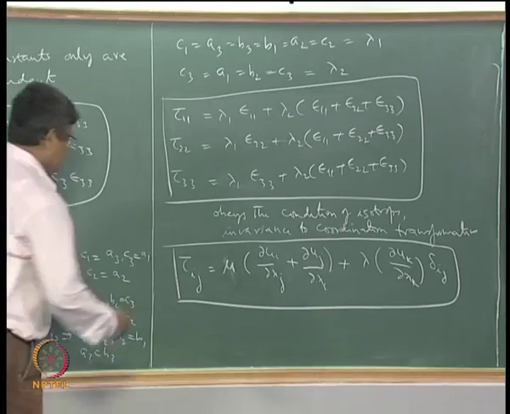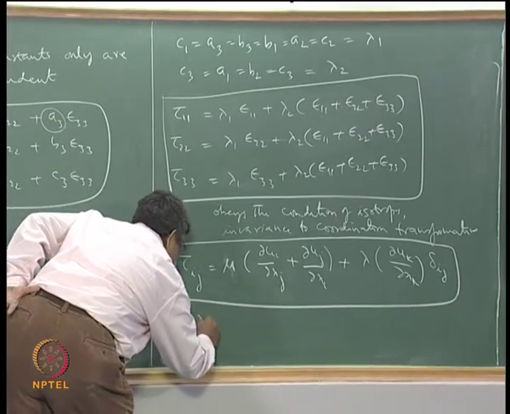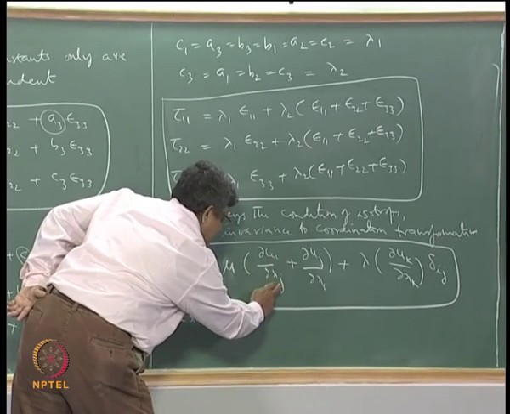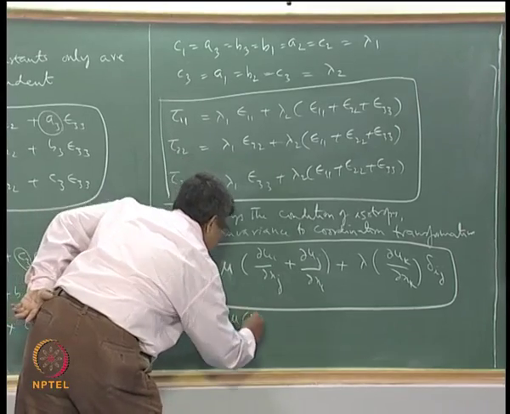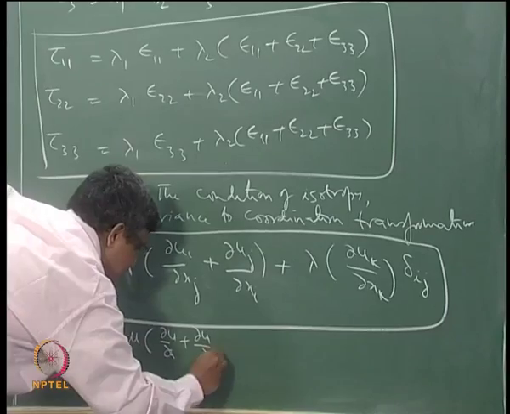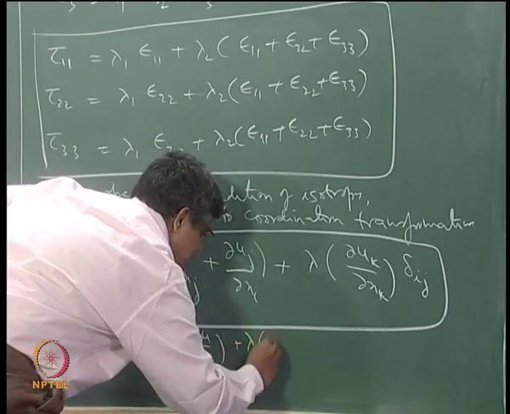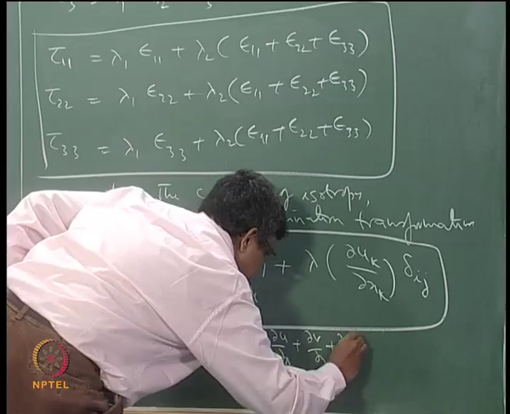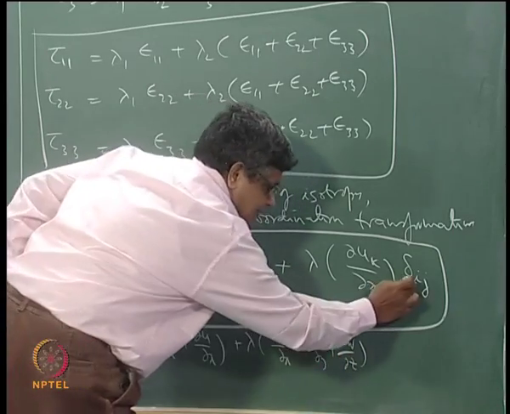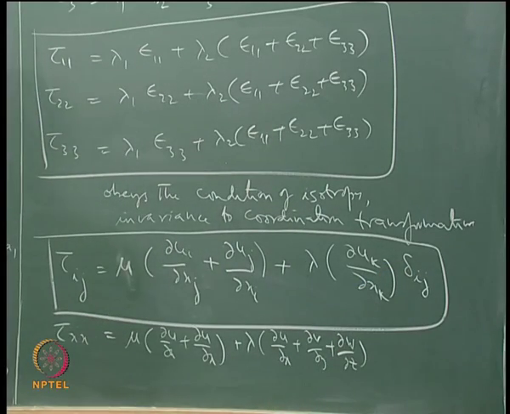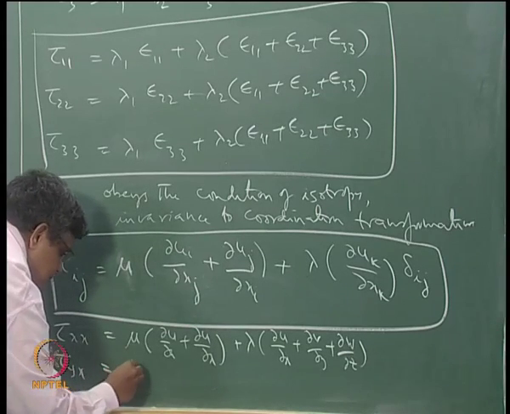Okay. So using this, for example, we can now write tau xx as mu times, i is now x and j is also x, so this will be dou u by dou x plus dou u by dou x, plus lambda times (dou u by dou x plus dou v by dou y plus dou w by dou z) times delta. When i and j are the same, then this is equal to 1. So it gives us like this,